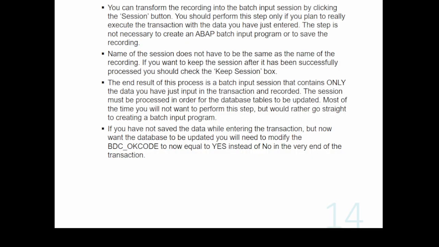Furthermore, the end of this process is a batch input session that contains only the data you have just input in the transaction and recorded. The session must be processed in order for the database table to be updated. Most of the time, you will not want to perform this step but would rather go straight to creating a